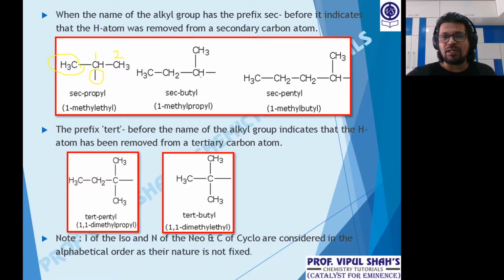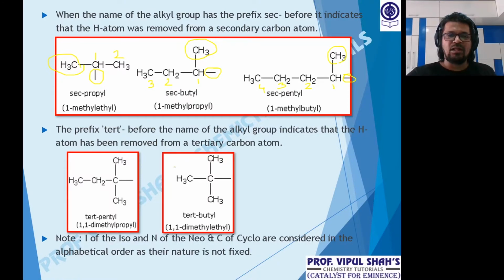So from where do we number now? From where the valency is short, from here. So this will be 1, 2, 3. So at 1 I have a branch now. So this is 1 methyl, skeleton of 3, propyl. So 1-methylpropyl. Everybody clear why propyl? Because 1 valency is short. So from where it is branched, from there you will number. Same way sec-pentyl. From where it is branched, from this position, I have 1, 2, 3, 4. At 1 I am having a methyl group. So this will be 1-methylbutyl.